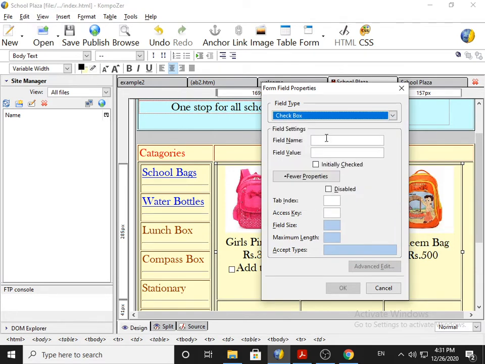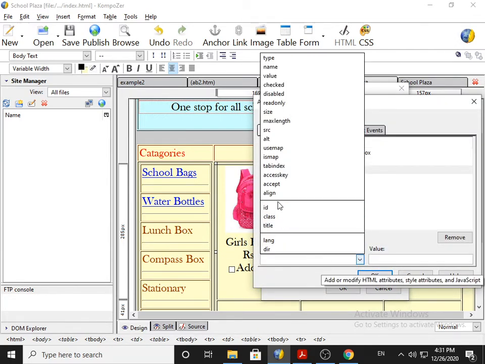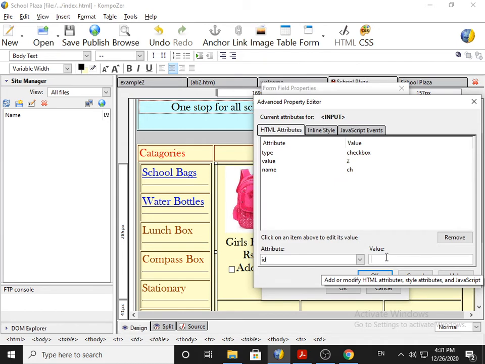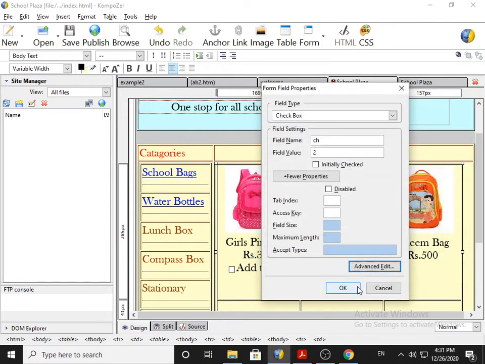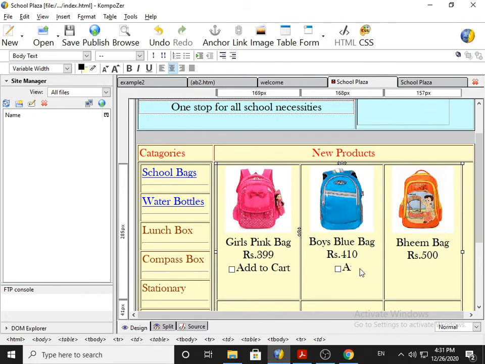checkbox, name is CH, second checkbox, so 2, advanced edit, ID, that is B2. The ID is B2, and then we will provide the OK button submission, so automatically it is available, and then we write add to cart. After that, the third image, insert